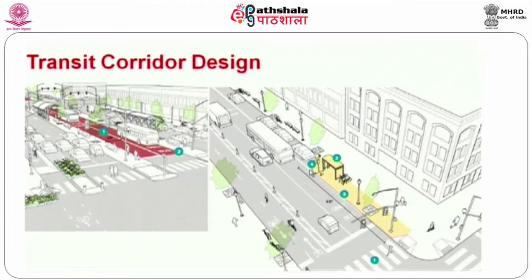And your bus system, the bus comes in, it has a length of about 40 feet. So as per the regulation, it has to be about 70 or 75 feet away from the signal. And when the bus opens up, people enter, it should be at the same floor level as that of the platforms. In this particular photograph, you see that there is a dedicated bus lane like the Transmilenio and BRTS